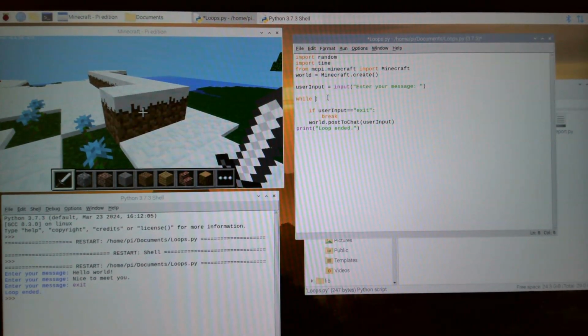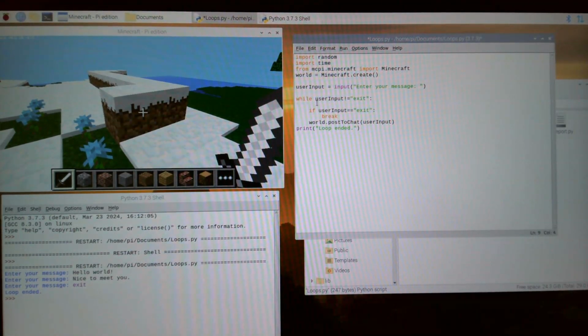So while the user input is not equal, exclamation point equal, to exit. Okay, so while the user's input, their message, is not equal to exit, then we're going to go ahead and